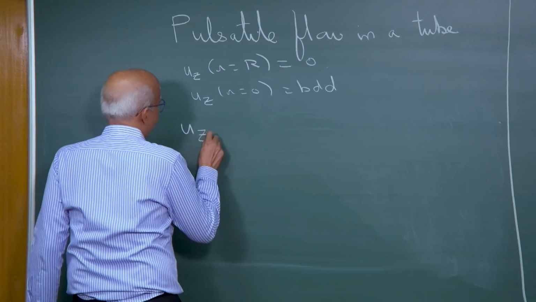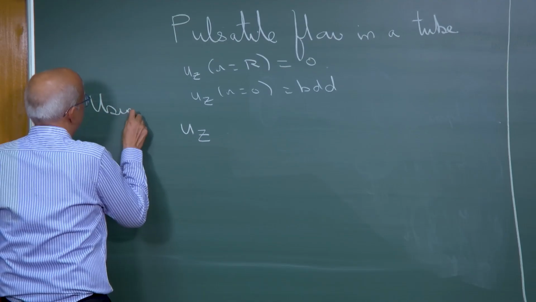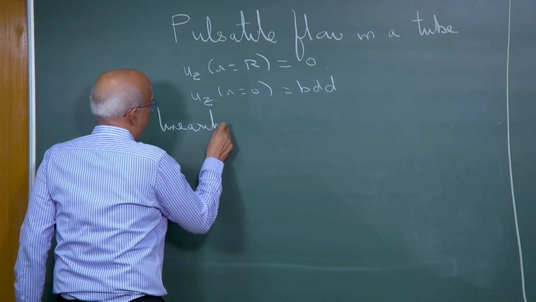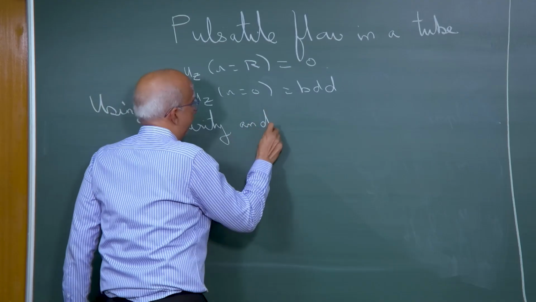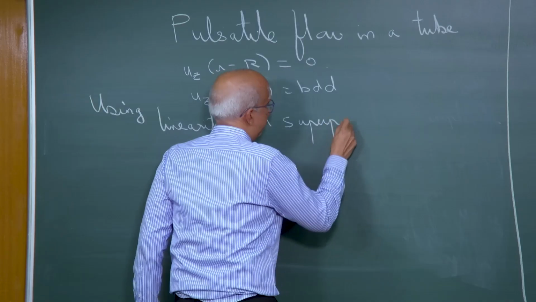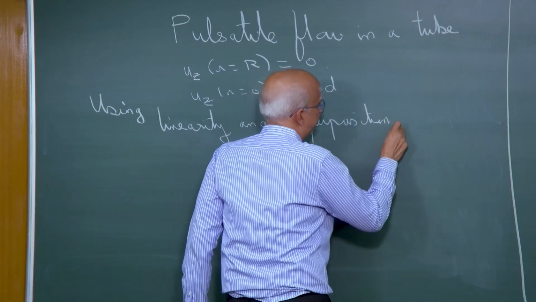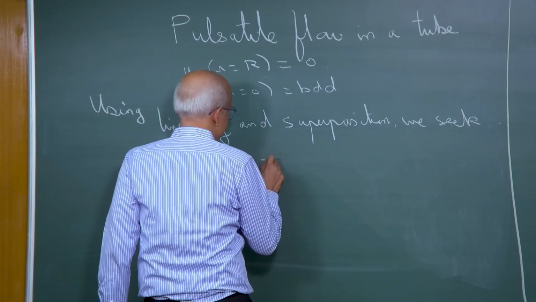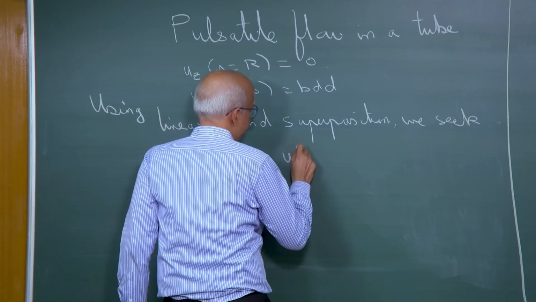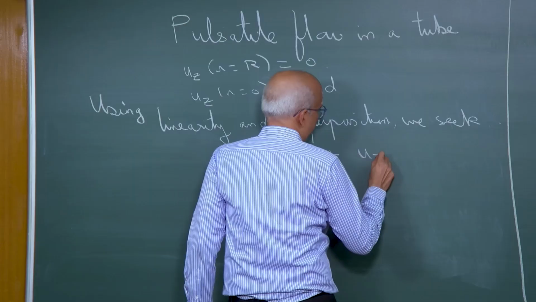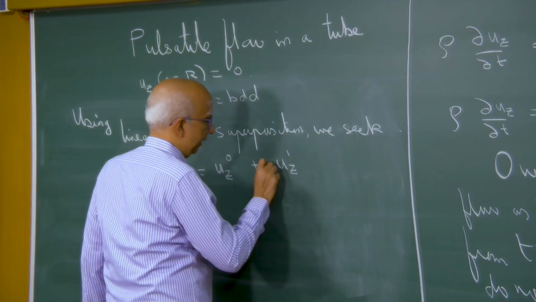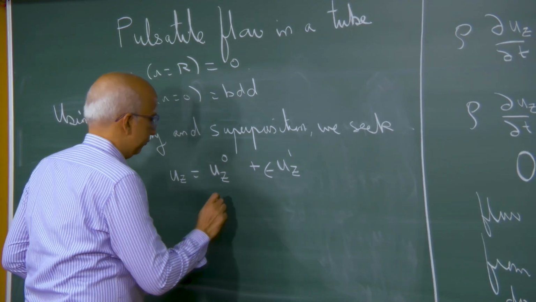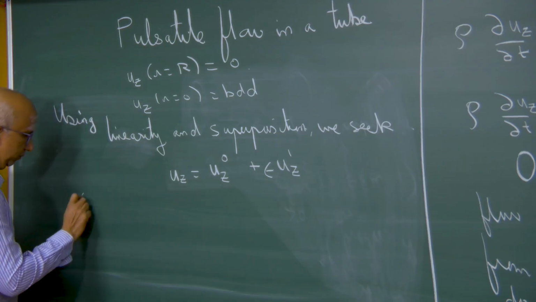So, what I am going to do is, using linearity and superposition, we seek uz as uz 0 plus uz 1 times epsilon. So uz 0 is the solution to